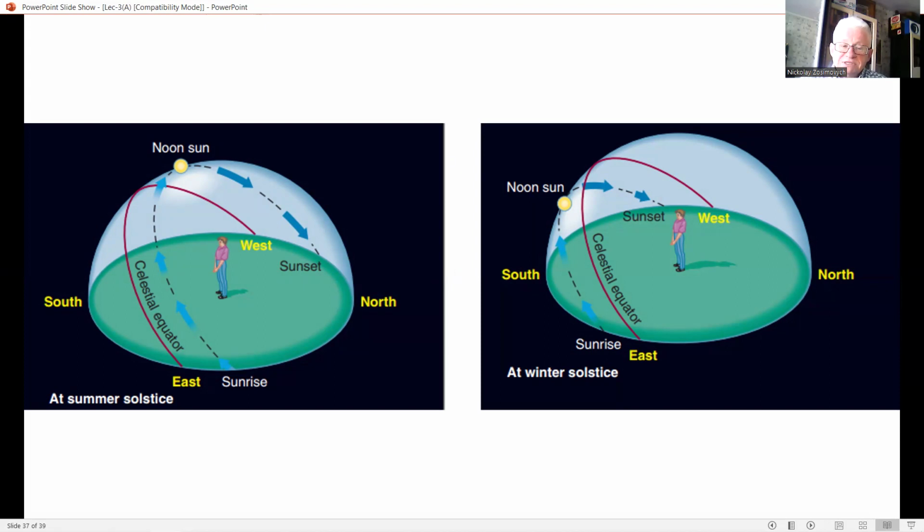The two causes of the seasons are shown at right for someone in the northern hemisphere. First, the noon summer sun is higher in the sky, and the winter sun is lower, as shown by the longer winter shadow. And thus, winter sunlight is more spread out. Second, the summer sun rises in the northeast and sets in the northwest, spending more than 12 hours in the sky. The winter sun rises in the southeast and sets in the southwest, spending less than 12 hours in the sky. Both of these effects mean that northern latitudes receive more energy from the summer sun,